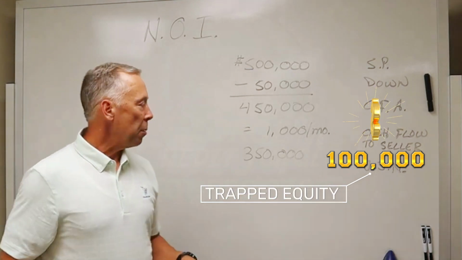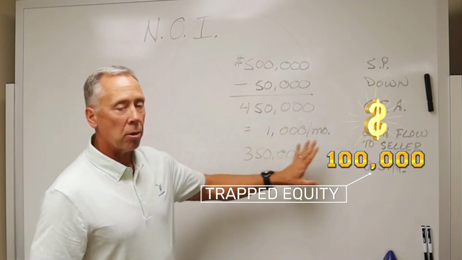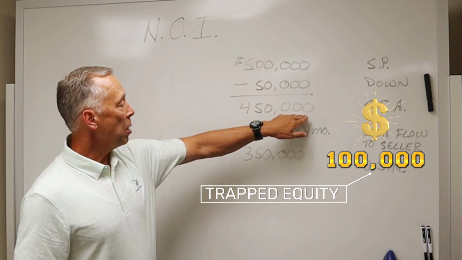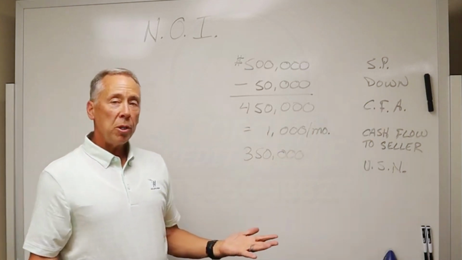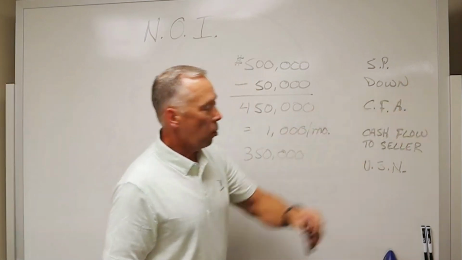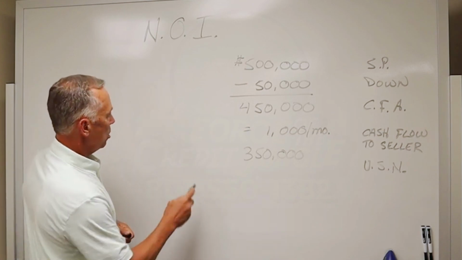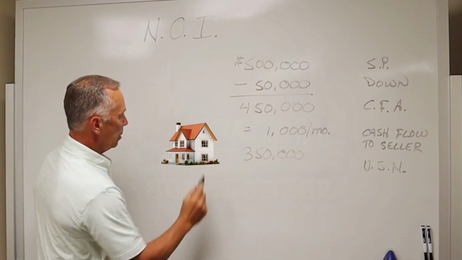Now there's ways to do that, but for right now we're just going to assume that the seller is content to get his $1,000 a month of cash flow off of the difference between the payment here and the payment there. What if the seller does run into some issues? Okay, so if the notice of interest is recorded, if you can sit and think about it, we've got a house here, and pardon my artwork, it's not going to be good.